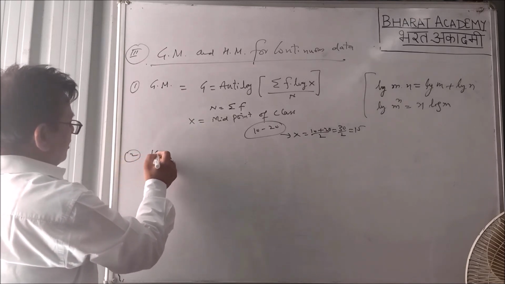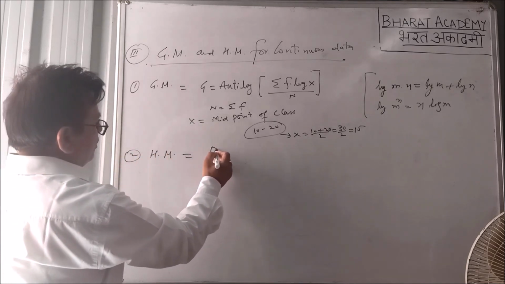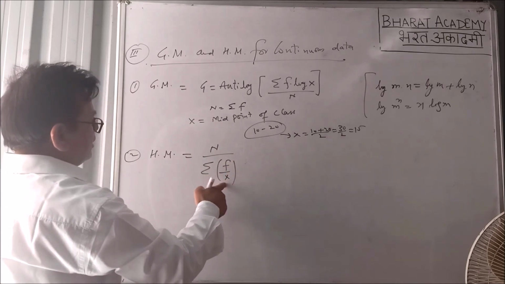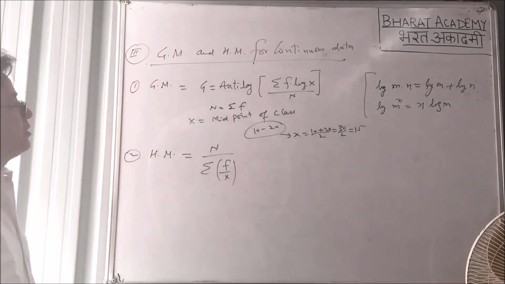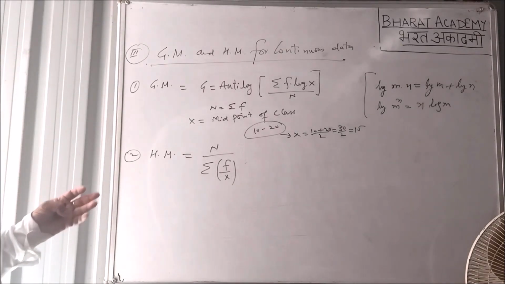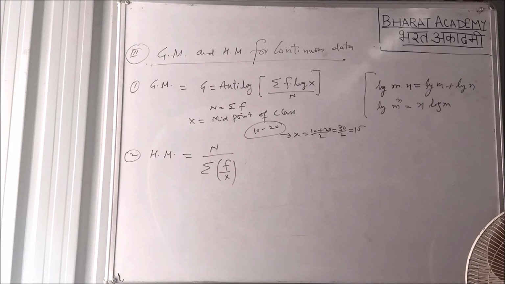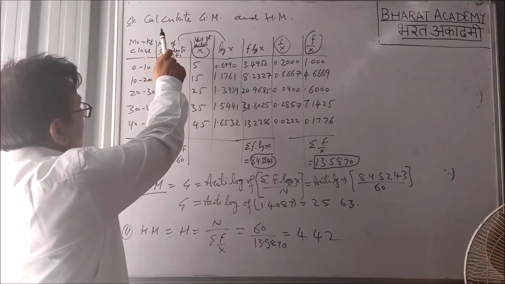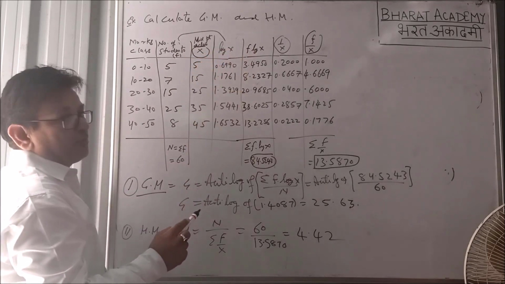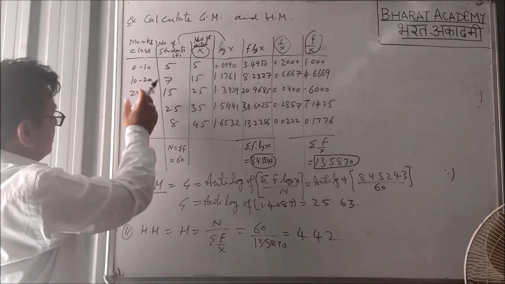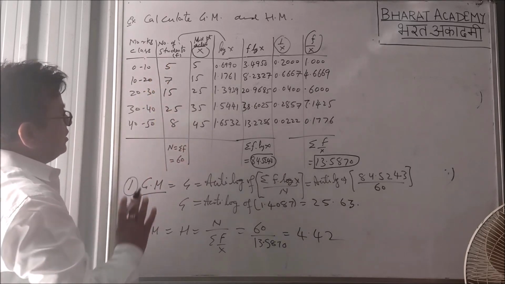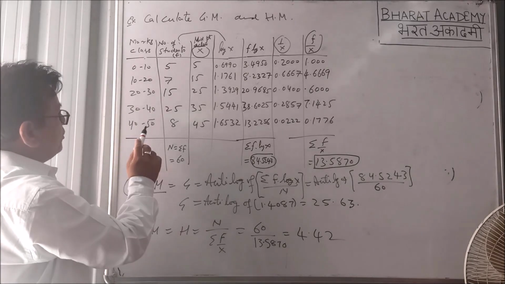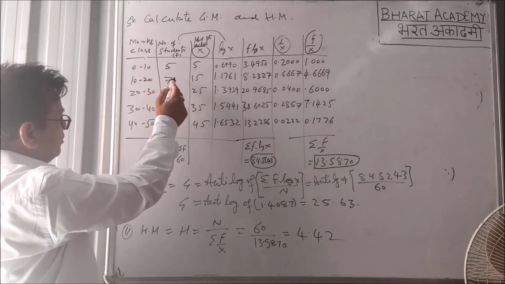A second harmonic mean can be calculated by this formula, n upon summation f upon x. Here this x is again the midpoint of the class. So from these two formulae you can calculate geometric mean and harmonic mean. Now the example based on continuous data is calculate geometric mean and harmonic mean. The question is marks of students are given and number of students are also given. Marks 0 to 10, 10 to 20, up to 40 to 50, and number of students are 5, 7, 58,